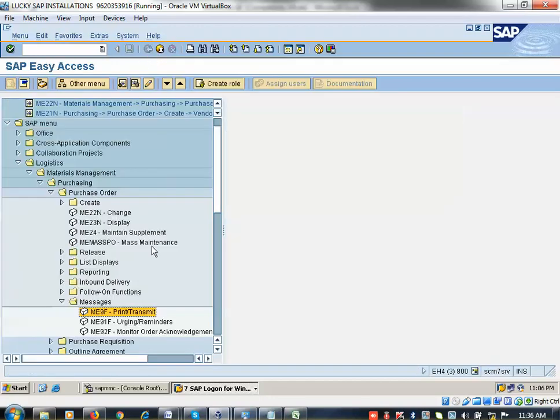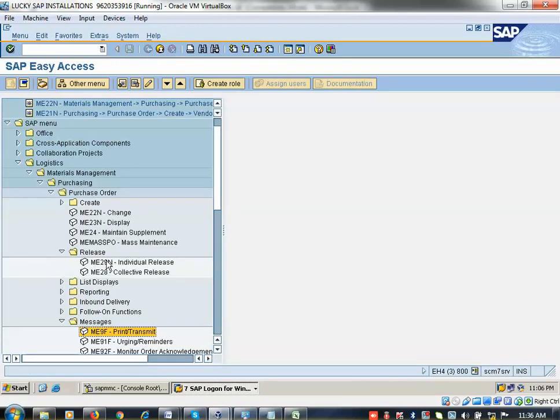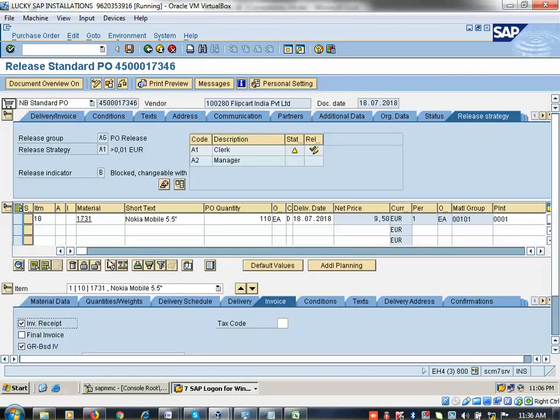Go to next. Here go to release. Release will be ME29N. So you have to release 2 times. Clerk has to approve first, then manager has to approve. Then only it will go. In real time environment or scenario, finance department or finance manager has to approve the PO. Or otherwise up to $10,000 purchase manager can approve. More than that value, finance manager has to approve. Like that approval will be there, 1 level approval or 2 level approval. This is 2 level approval. 2 level means clerk has to approve first, then manager has to approve.